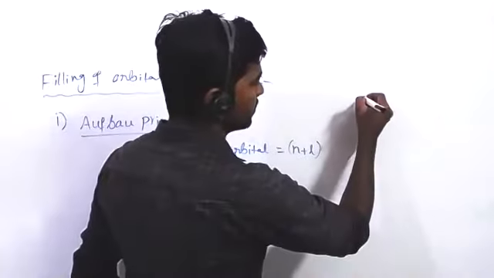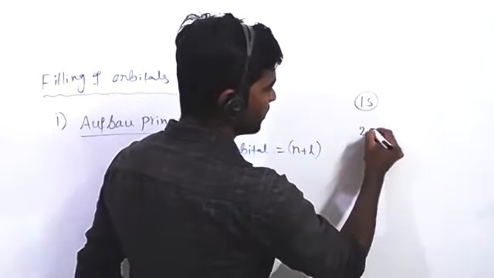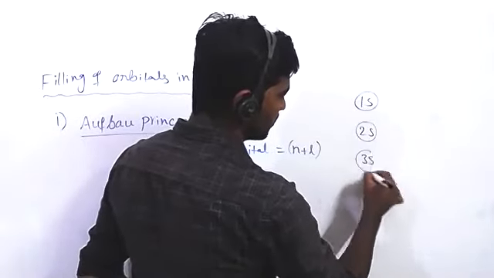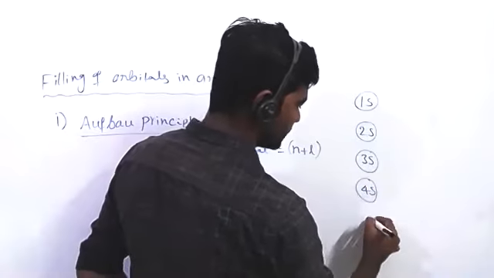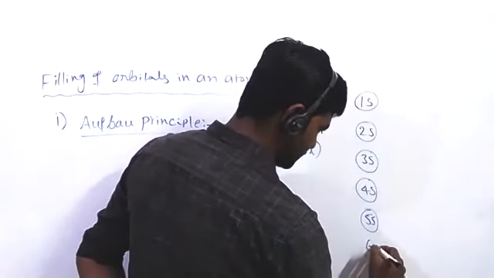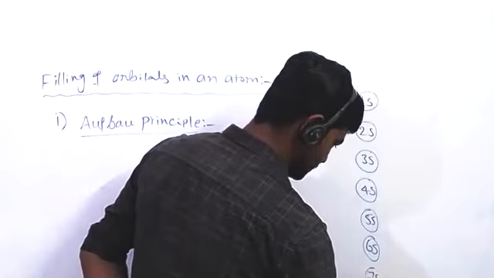Applying the n plus l rule: 1s, 2s, 3s, 4s, 5s, 6s, 7s,